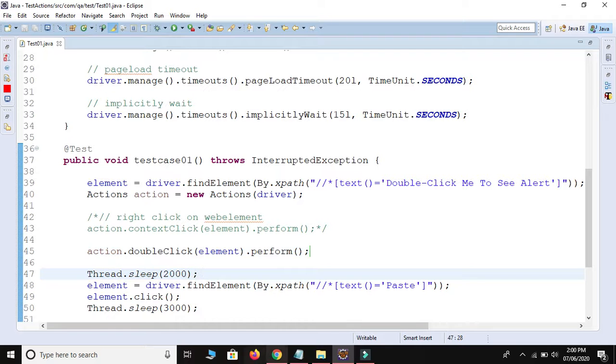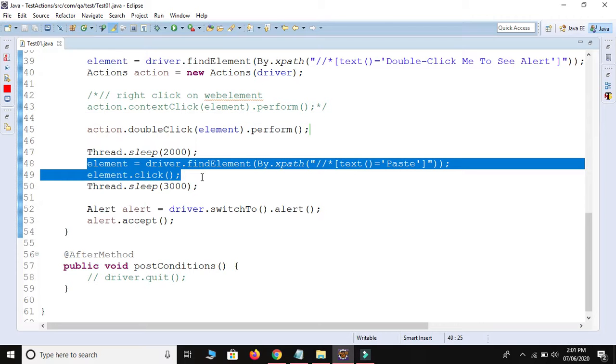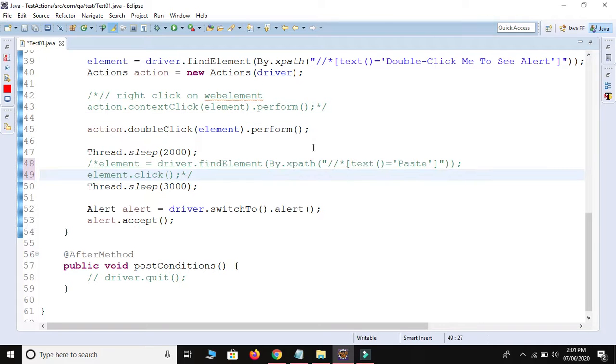Okay, I think we need to remove this one, right? So I will comment out this one, Control Shift and comment, because this is the situation when we right click on the web element, but this is the example of double click. Okay, I will comment out this wait also.